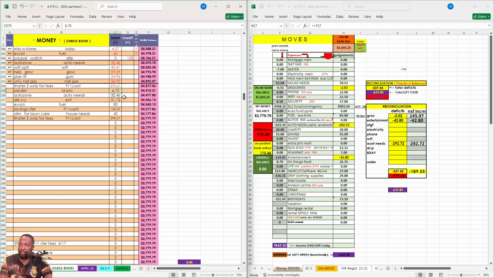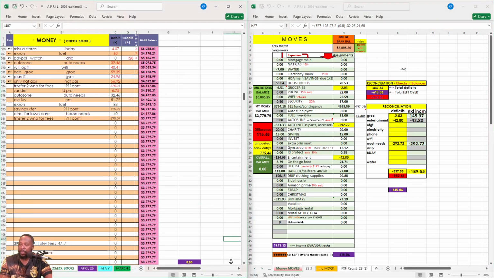I'm going to go here to this 675, which is going to be charged to the ID protection category. I'm going to go over here and find the ID protection category on the move spreadsheet. Let's see, where is it? There it is. All right, it currently has a credit of $7. So now I'm going to deduct $6.75. All right, and since that one's entered, I'm going to come back over here. I'm going to mark it red